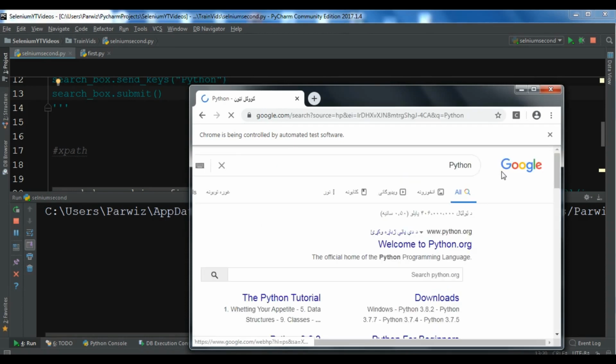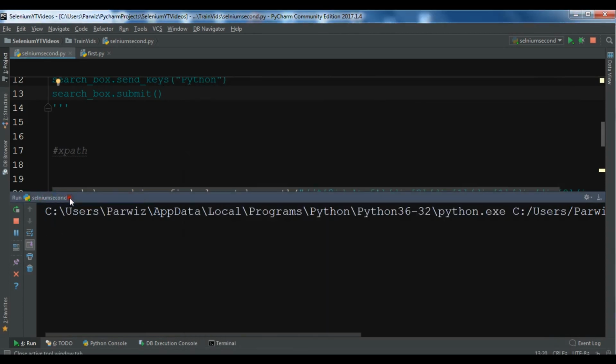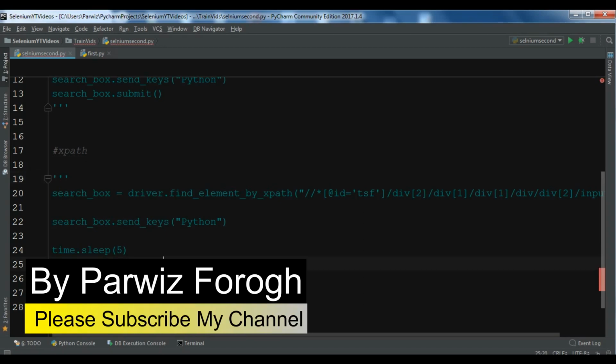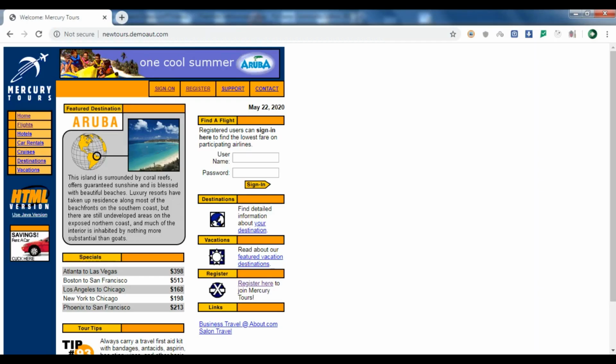Okay, now you can see that we have Python in here. So now let's just create a simple example. We are going to create a practical example in here. Okay, we're using this Mercury Tours website. Now in here the username is Mercury, and also the password is Mercury. So if I go to Mercury, and the password is also Mercury. Now if I sign in,